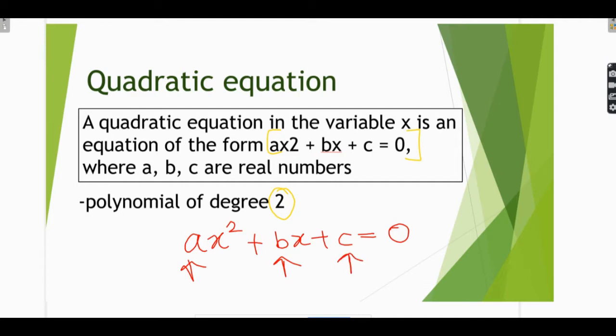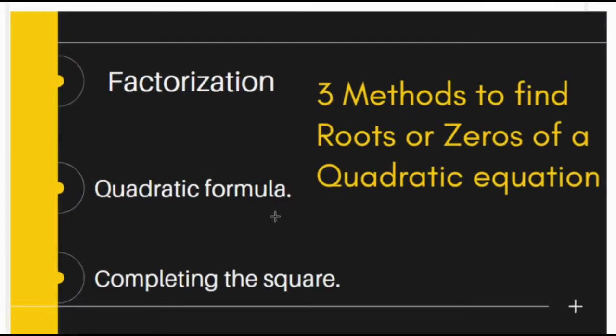No need to worry, we are going to study all the concepts in a very short time. Here I want to clarify one thing. Whenever you want to find the zeros or the roots of the equation, there are three methods. One is factorization, one is the quadratic formula, and the third is completing the square. We are going to learn all the methods one by one. But remember, if you are asked for roots or zeros, it's one and the same. Okay?